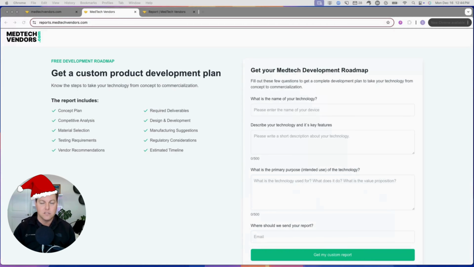It builds you a custom product development plan that touches on materials, engineering, regulatory, predicate devices, material selection, you name it. It's really awesome and really scary accurate, and it doesn't even take that much data to generate this awesome report. So we're going to start by showing you how it works with a device idea I had,